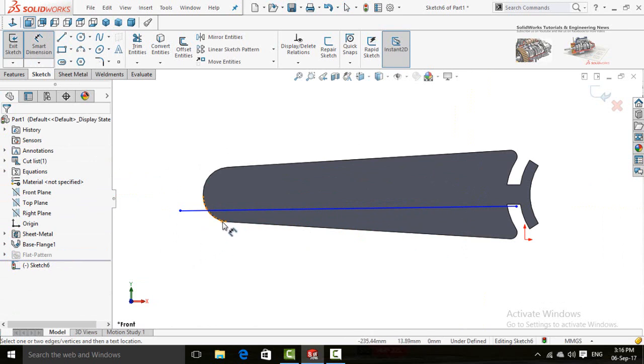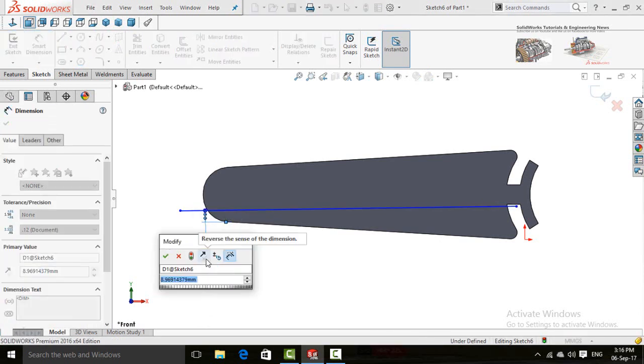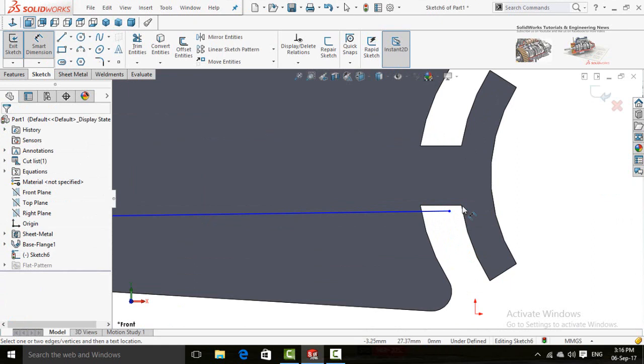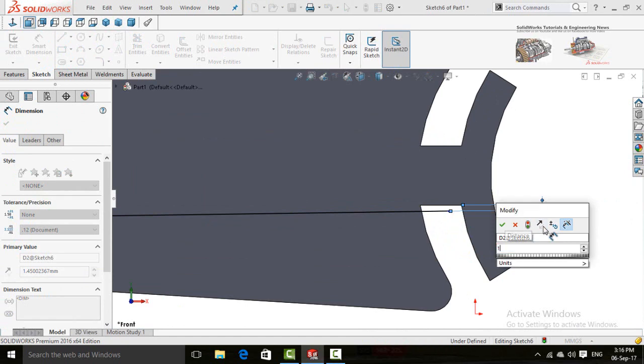Now insert dimensions from this point to the line 9 millimeters, and from this point to the line 1.5 millimeters.